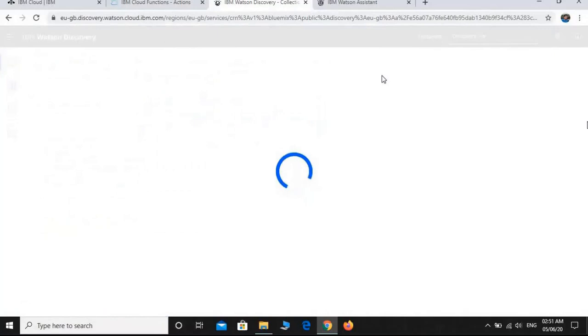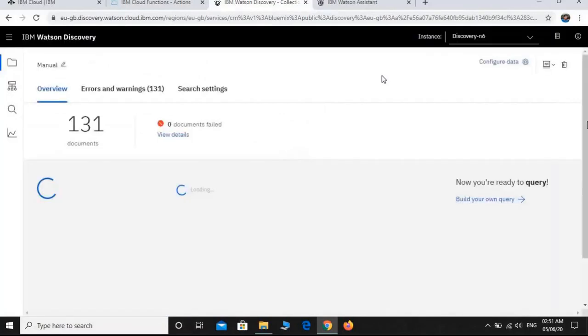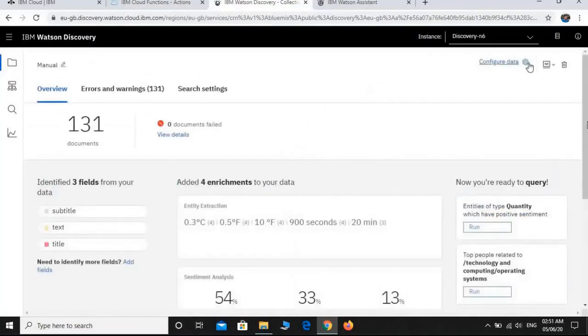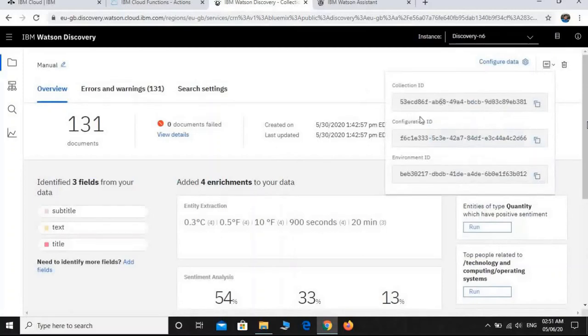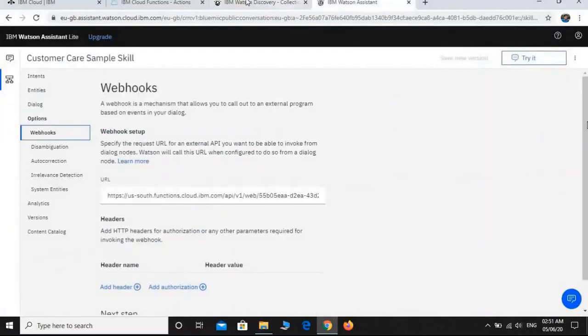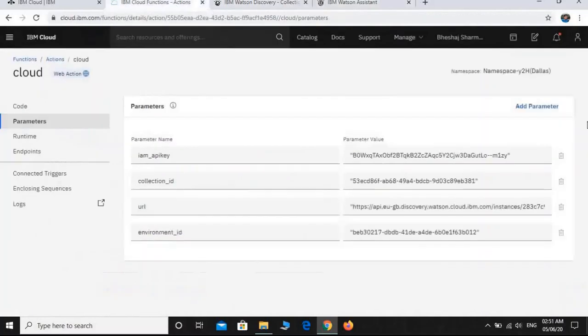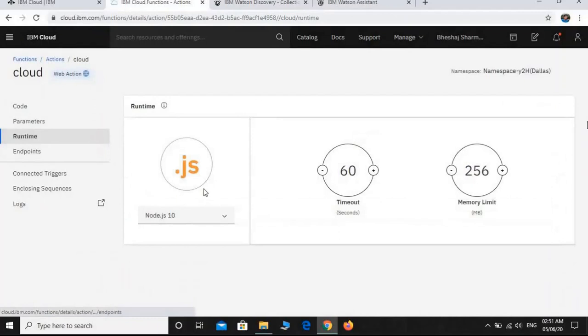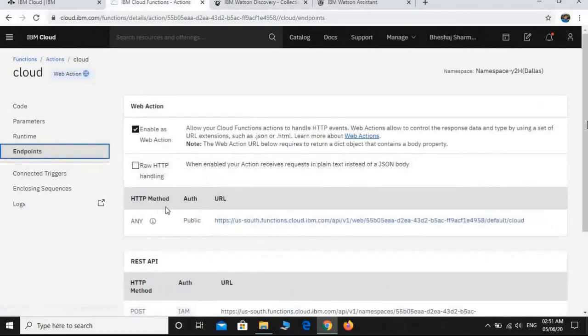And now I am going to show you. This is the ID which I talked about earlier, and this is the webhook there. As I said previously, the webhook is a very important part. So we are enabling web actions.